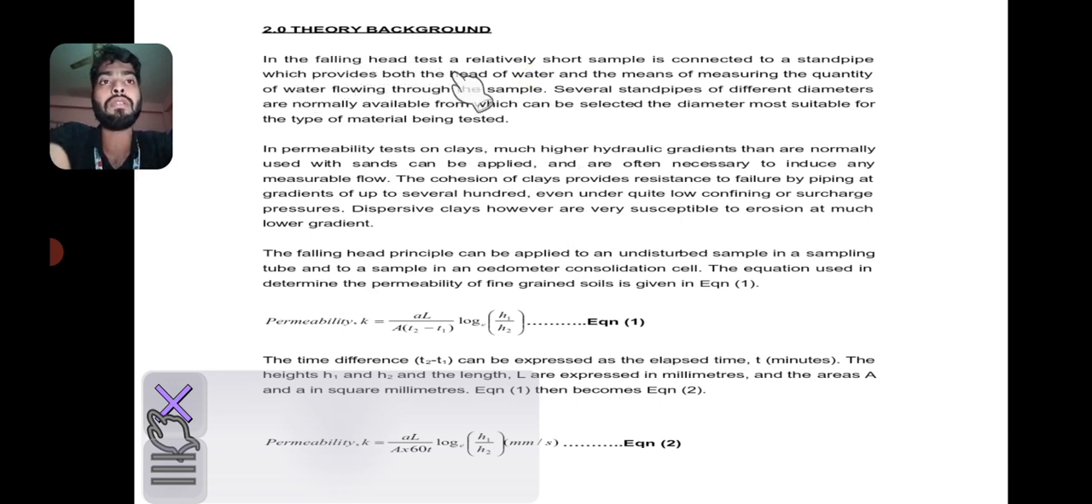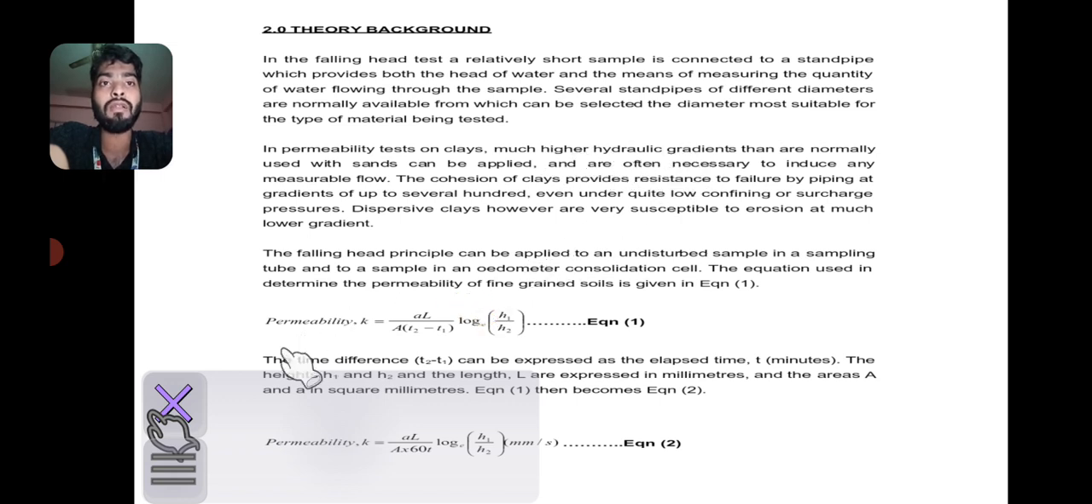In the falling head test, a relatively short sample is connected to a standpipe which provides both the head of water and the means of measuring the quantity of water flowing through the sample. Several standpipes of different diameters are normally available, from which can be selected the diameter most suitable for the type of material being tested. In permeability tests on clays, much higher hydraulic